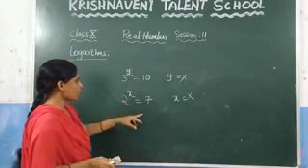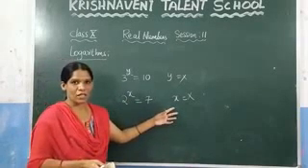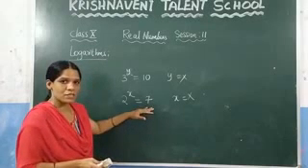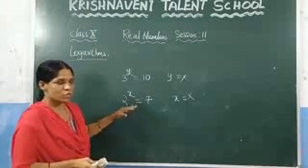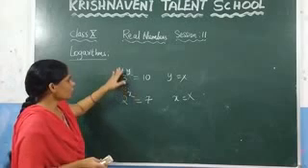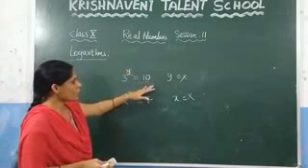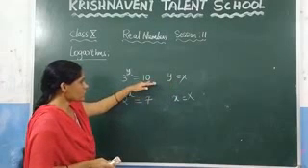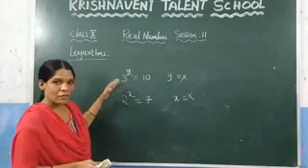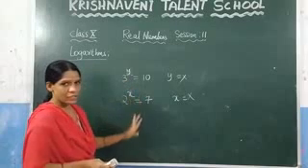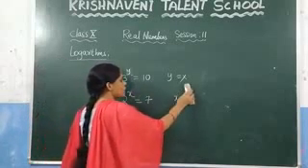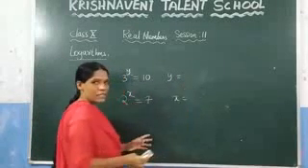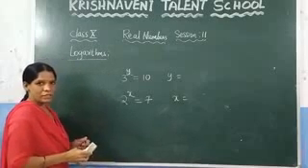If 2 power x is equal to 7, we cannot find the value of x since we cannot express this 7 with the base 2. Here also, if you are given 3 power y is equal to 10, we cannot find the value of y because we cannot express this 10 with the base 3. For that reason, we cannot find these values. But how do you find these values? For that reason, logarithms were introduced.